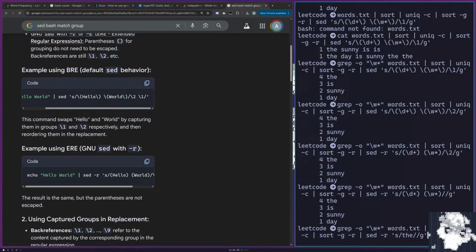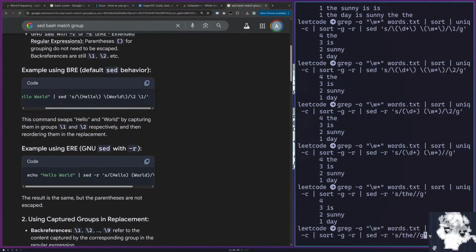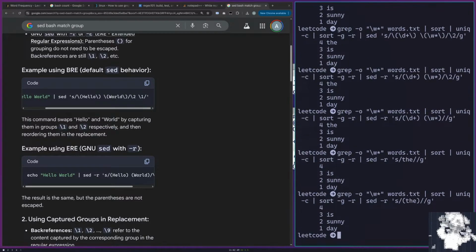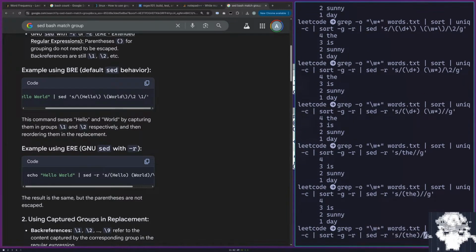If I just say replace the, it does that. If I say replace the and this is a matching group, it does. If I say replace the with the first group, it puts it back where it was. If I say replace for and the and put the first group back, it puts it, okay. So far this is working the way I expect.